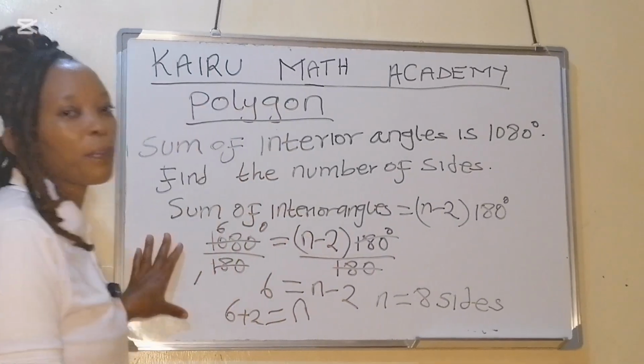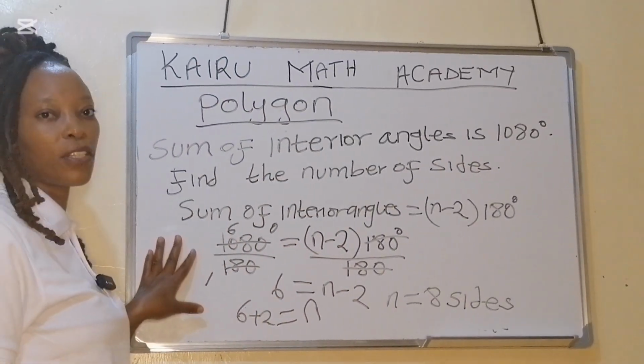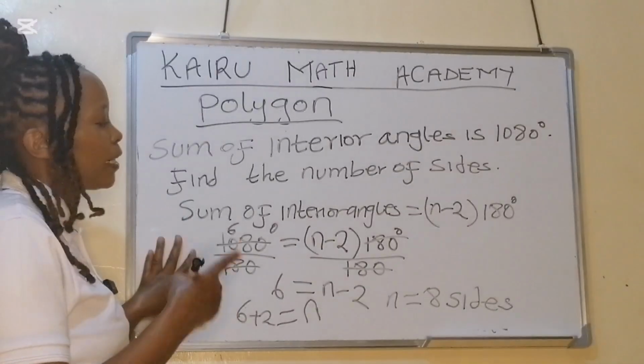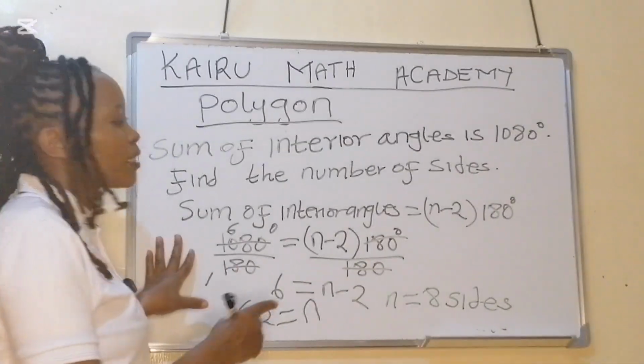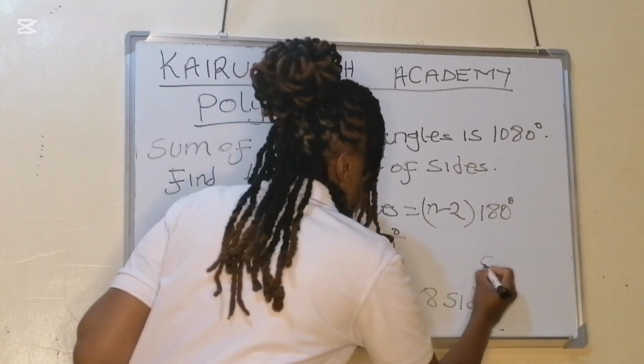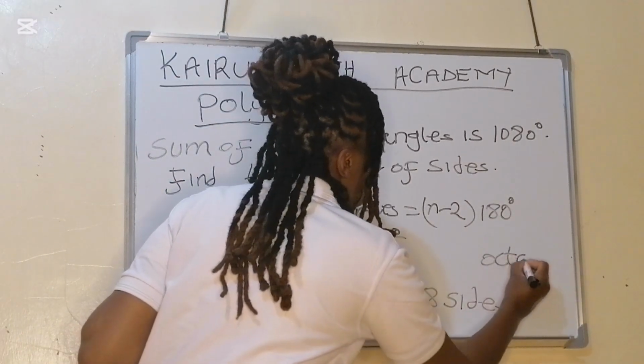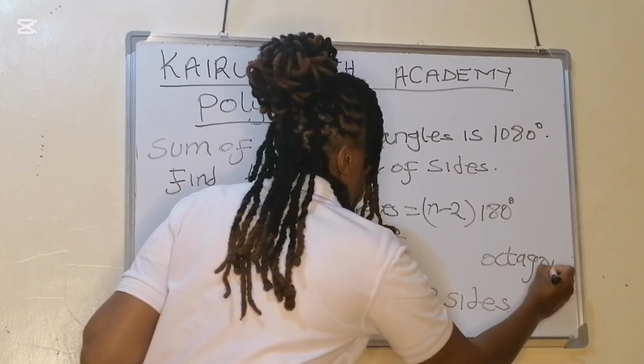What is the name of an 8-sided polygon? It is called octagon. Octagon. Okay, familiarize